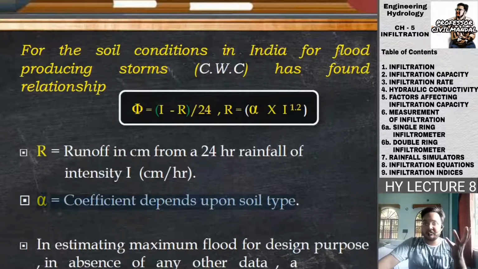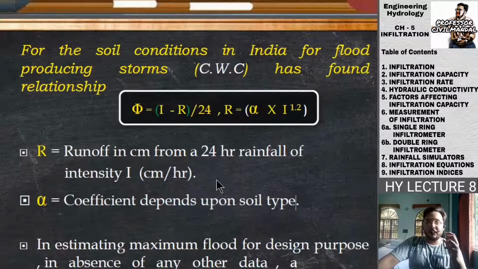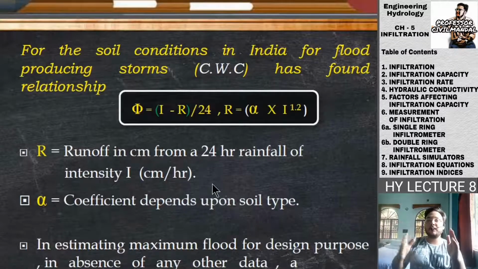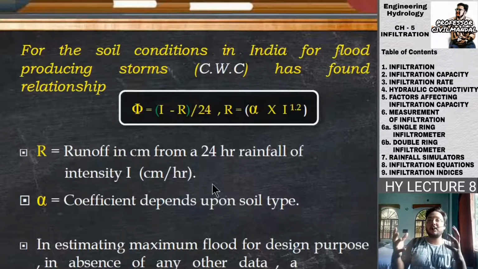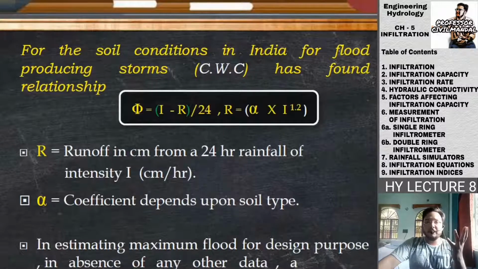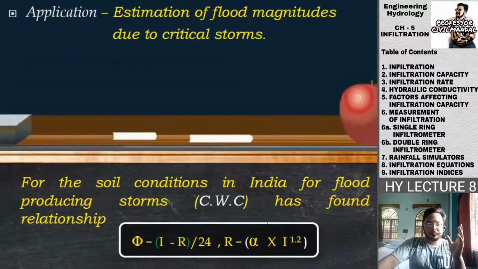Again, we have to consider the soil type, because the soil type is a major thing which will induce the infiltration that will be occurring, and also the runoff that will be taking place. The extra amount of water that will be flowing away, that runoff, will be very much dependent upon the soil type, and also the infiltration, of course, for sure.